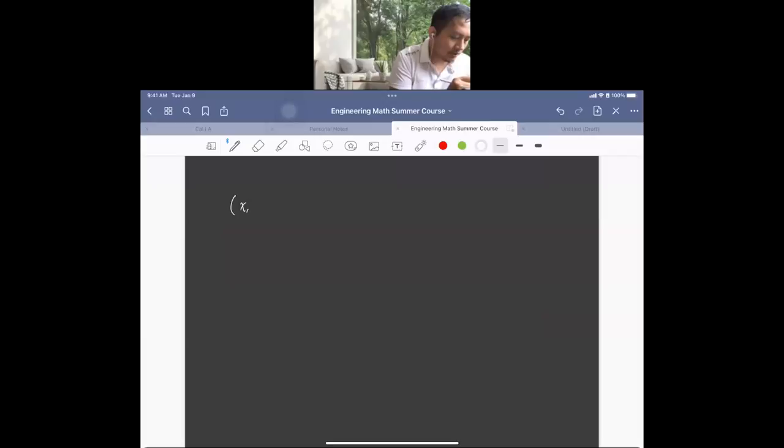So we can write like this, or a vertical array. Okay, so these are the matrices. Or in more general form,